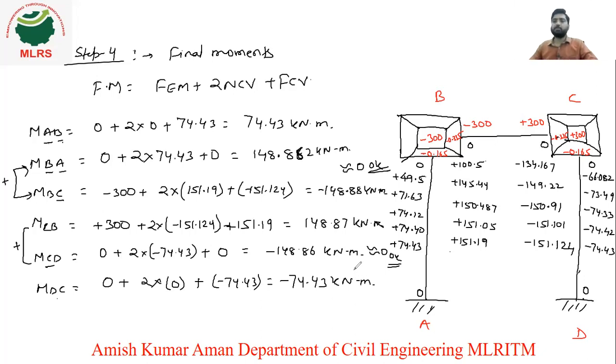See, this is a very easy process if you know near contribution value and far contribution value, and don't forget to update these values. If you forget to update these values, you will take the previous value, then you have to do one or two more iterations, and obviously your calculations will be wrong. So please take care of this. Whenever you get a contribution value, just update that value there, right? Okay. So thank you.